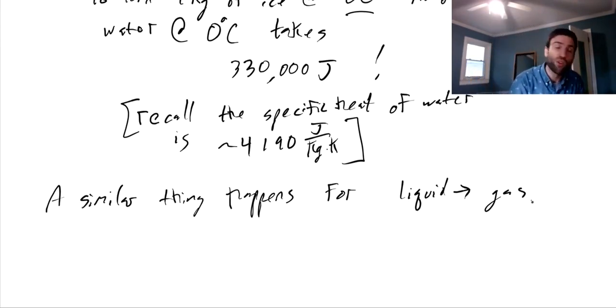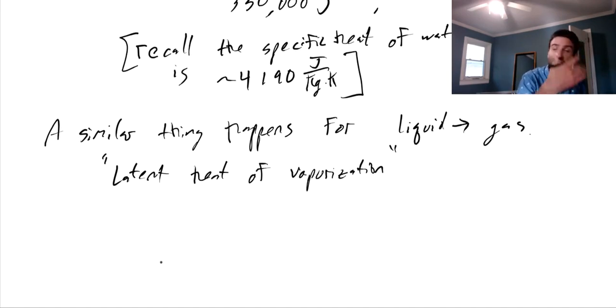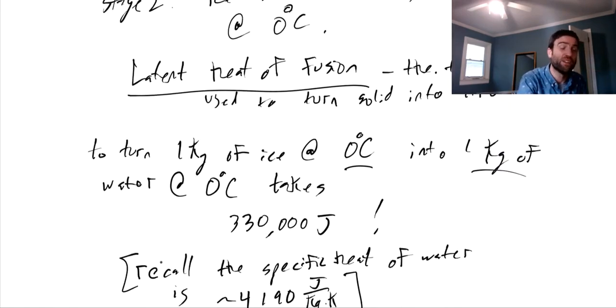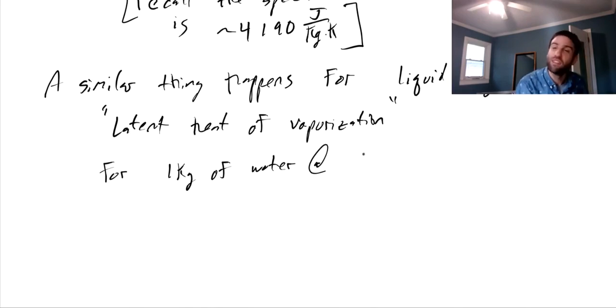So the latent heat of vaporization, for turning water into steam, which is the analog of this latent heat of fusion for turning a solid into a liquid, for 1 kilogram of water at the boiling point of water, which is 100 degrees Celsius or 212 Fahrenheit,